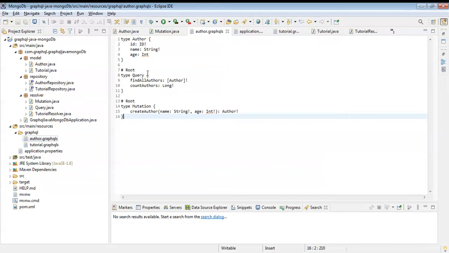Here in the schema you can see the different type definitions, and each type definition has one or more fields. In some of these fields, we are passing arguments, and they also return a type. They have a return type.